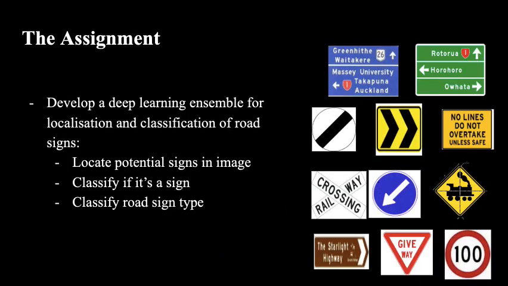The primary focus of the project was to develop a prototype algorithm for the localization and classification of road signs in the panoramic images. In order to complete this, key milestones needed to be formulated. Firstly, be able to locate the regions inside the images that may contain road signs. Secondly, be able to classify if the object in the proposed region is a road sign or not. Then thirdly, be able to classify what kind of road sign it is.